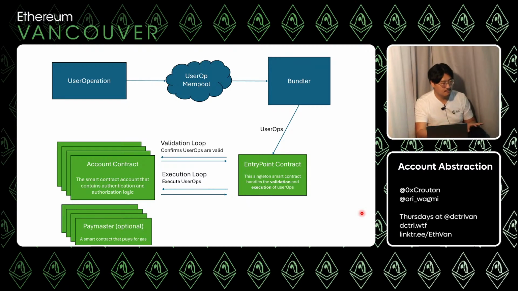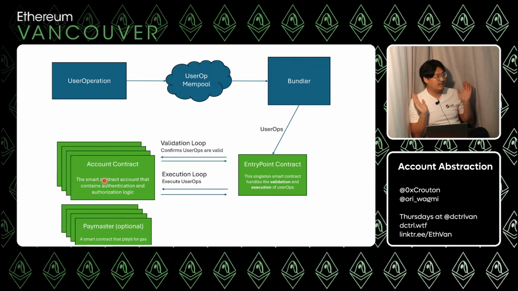Any questions there? Yeah. So when I submit a user op, am I also specifying the account contract that is being interacted with? Yes. Okay. And then do I have to have some sort of ownership over this account contract in order to include it in my user op? Right. So that's part of this validation loop. Let's say you point to some account contract. The entry point will say, hey, here's a user operation from Christian. He wants to do a swap. It's going to go to the account contract and say, hey, validate, can Christian with Christian's signature do the swap? If it's yours, probably. If it's not yours, they're like, hey, I don't know who this guy is. I'm going to block this validation, and your user op is no longer good.